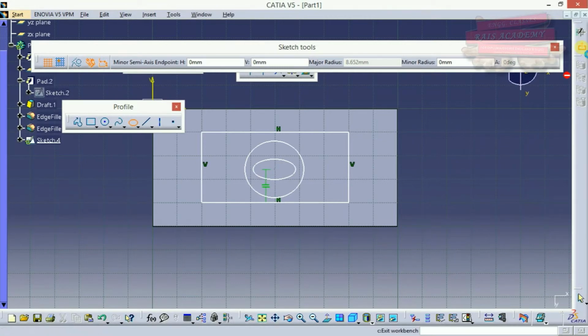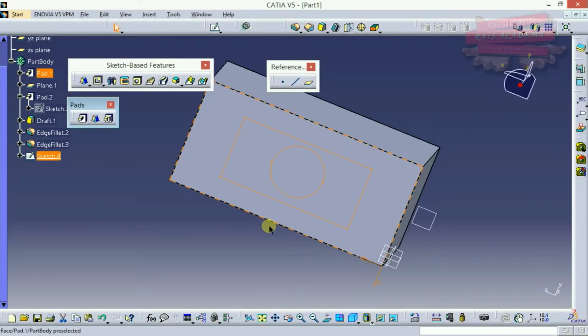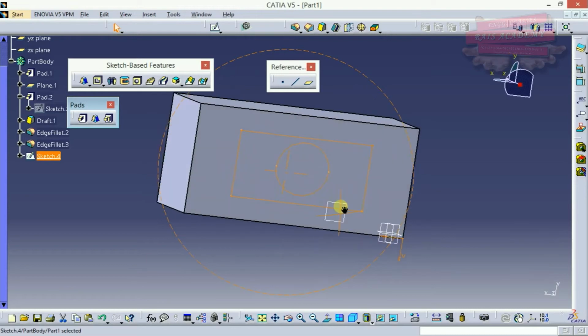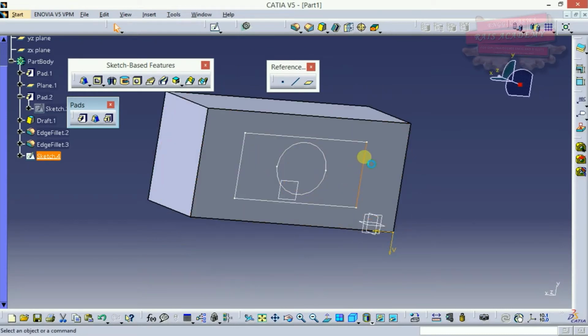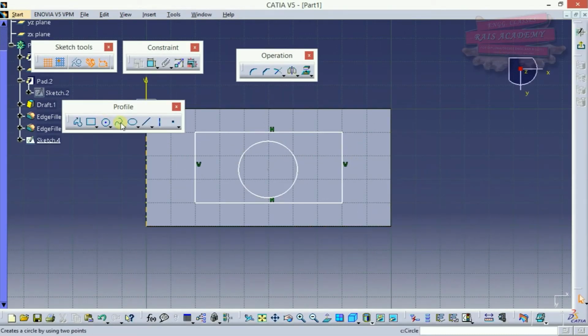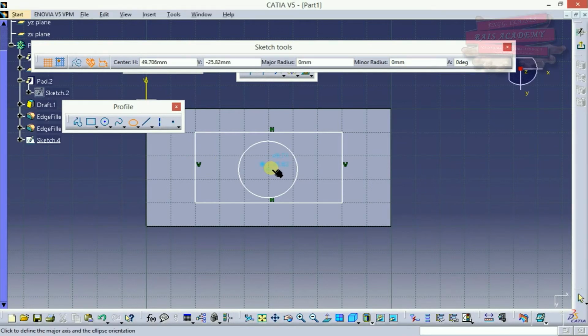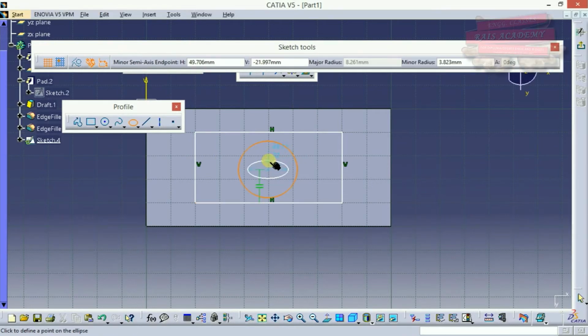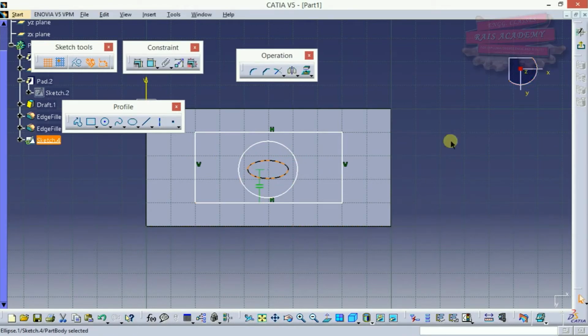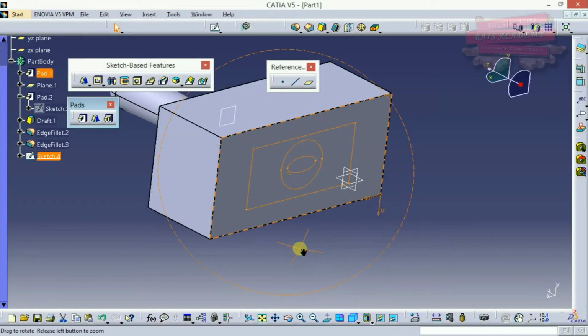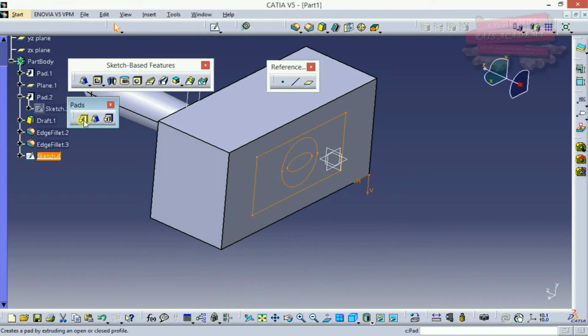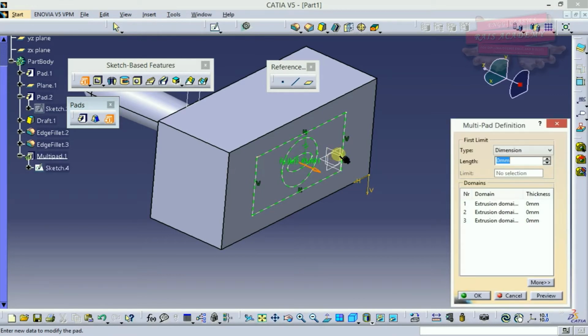Exit. Okay, so actually the thing is, it has not been created. Once again I'll select it, I'll click it, okay, there. Exit. Now it is much more like the pad command which we had seen earlier, but in this part we can pad each and every figure in a different way.